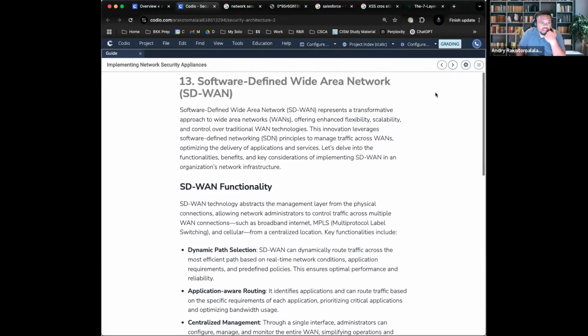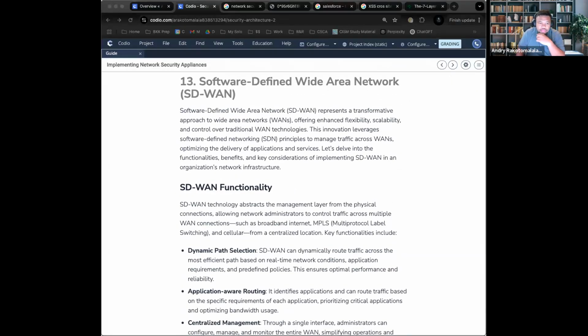All right, we have a couple more slides to go here. Okay, now, you remember when I was saying if you have a really big network, if you have a really big list of devices, computers, and things that you need to manage properly, well, then you can have a software that is able to manage or kind of like take care of all of those, right? So that is where a software-defined wide area network comes into play. What is that? So it's when you use software to manage and control your network.